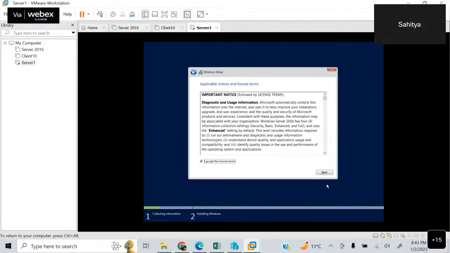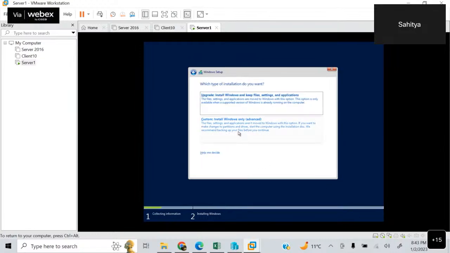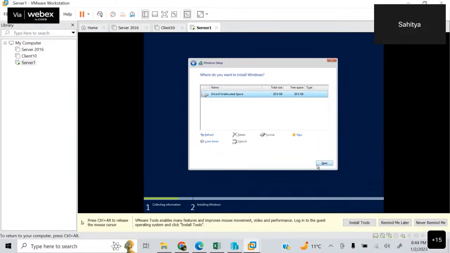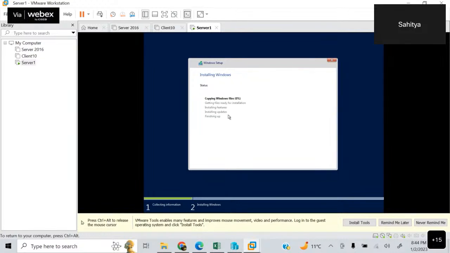Yes, I accept the license term. Next, see, upgrade in case you have 2012 server and you want to upgrade it to 2016. आपको upgradation करना है, right? But अगर आपको एक fresh installation करना है, in that case we have to use custom option, right? And then next, and here we go. Right? So now